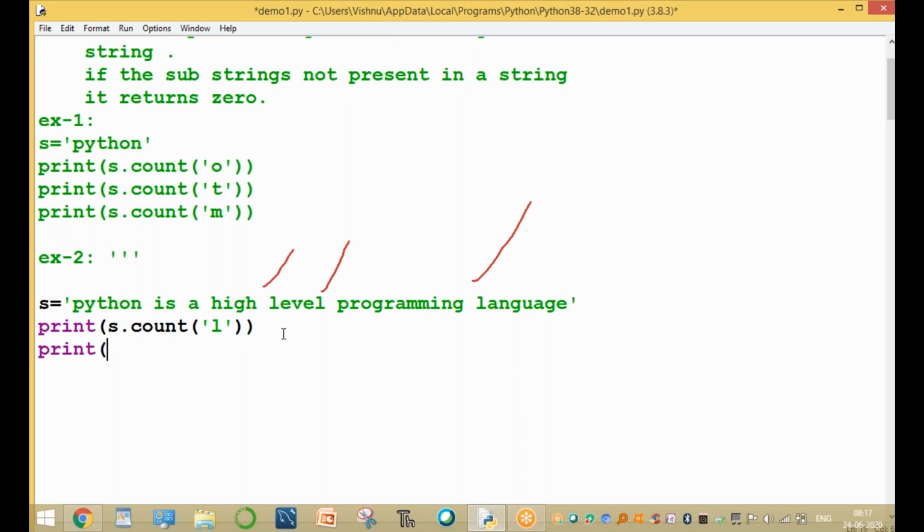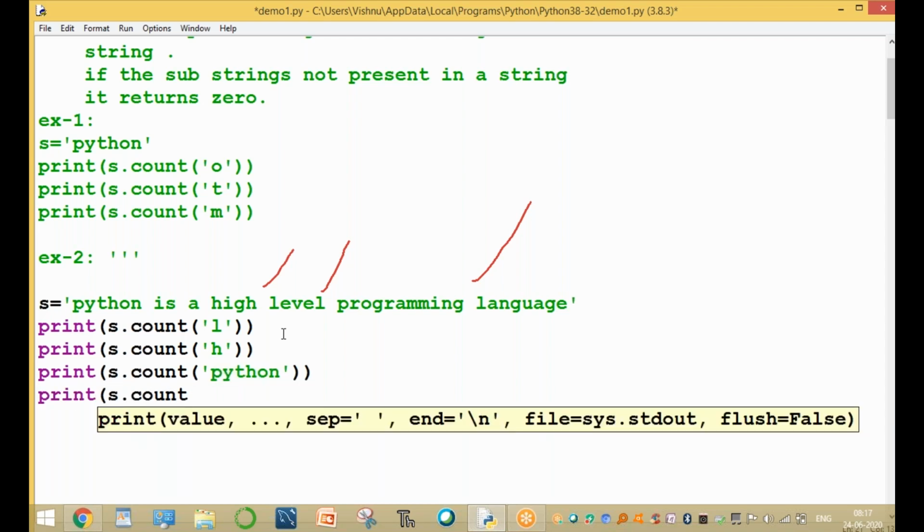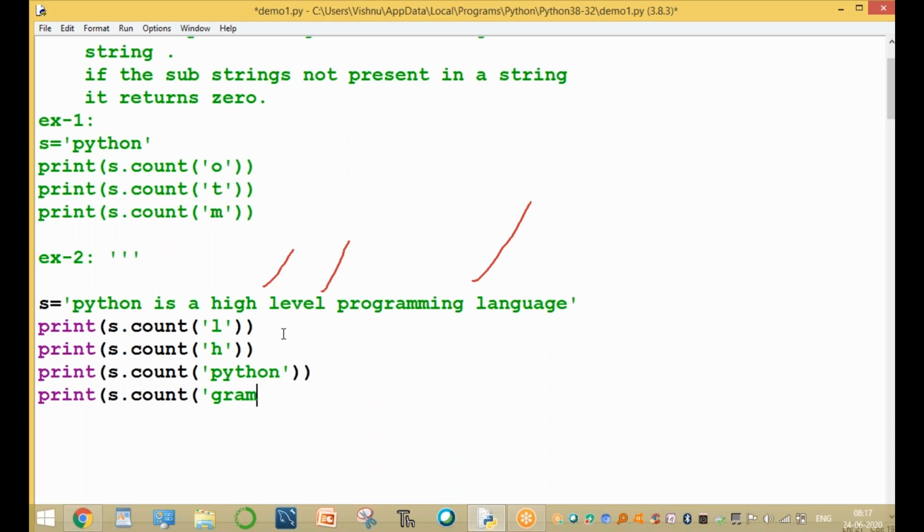Okay, Nandi. Print of s dot count of H. How many times is H present? Then s dot count of Python. It is a substring. How many times is Python present? Print of s dot count of gram.